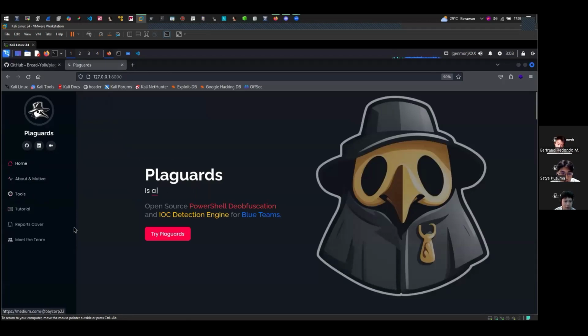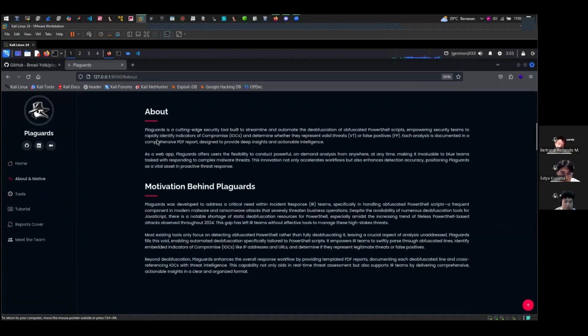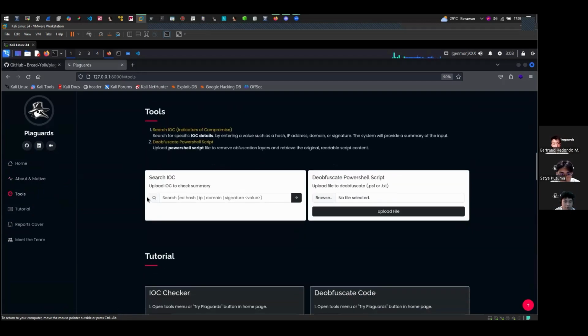To navigate in the browser, you may choose any of the options available in the left side navbar. There are About and Motifs, which cover our proposed background for developing PlayGuards, and Tools, which holds our main features like the IOC checker and the obfuscator for PowerShell.